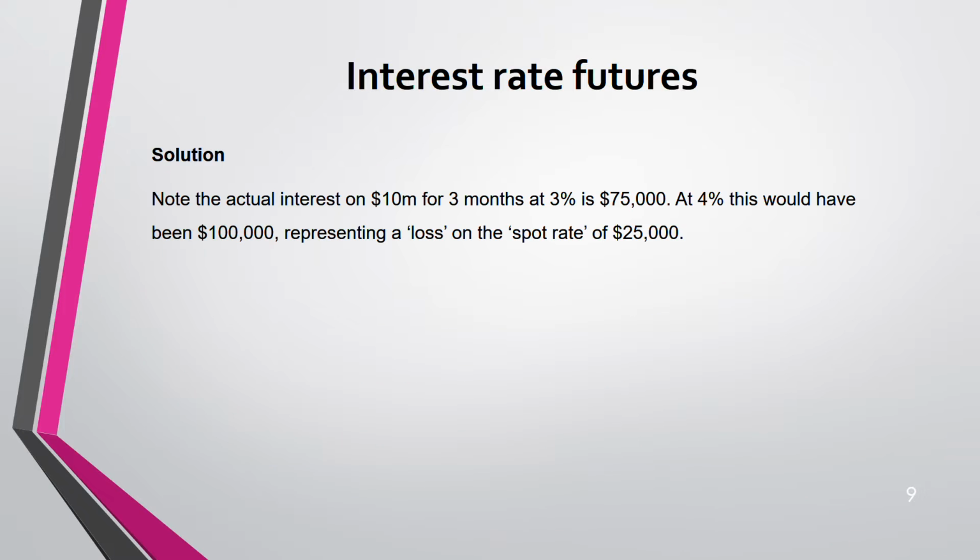So now this is the solution. What was the amount of interest that you are going to receive on which amount? 10 million. For how many months? 3 months. At what? 3%. Because it fell down to 3%. Whatever the amount fell down or went up, at that amount only you pay. Okay, then you deal with the balance. So first check. At 3%, that means interest rate fell down to 3. At 3%, how much it will be? 10 million for 3 months at 3% is 75,000.